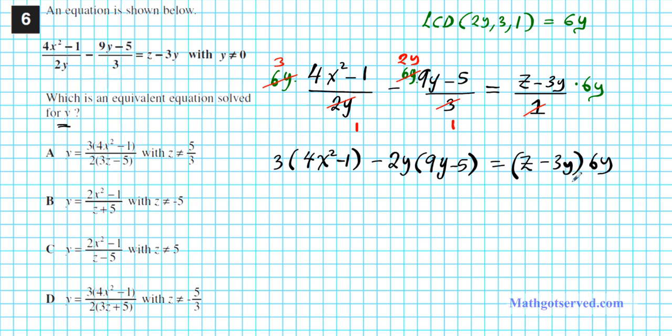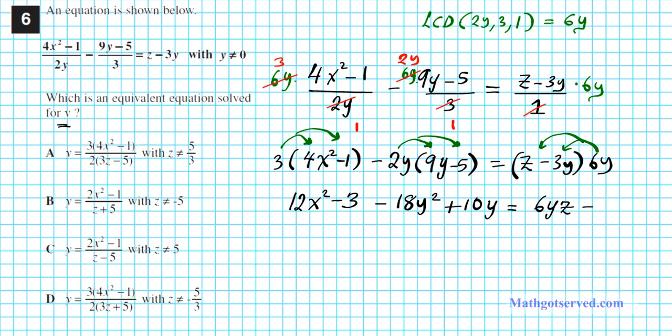So let's simplify these expressions by getting rid of the parentheses. To do that, we'll have to distribute. Okay, distribute the 3. Here we'll distribute negative 2y. Here we'll distribute 6y. Okay, so what does that yield? We have 12x^2 minus 3 minus 18y^2. Now you have to be careful here because you're multiplying a minus and a minus. That yields a positive, okay, plus 10y equals